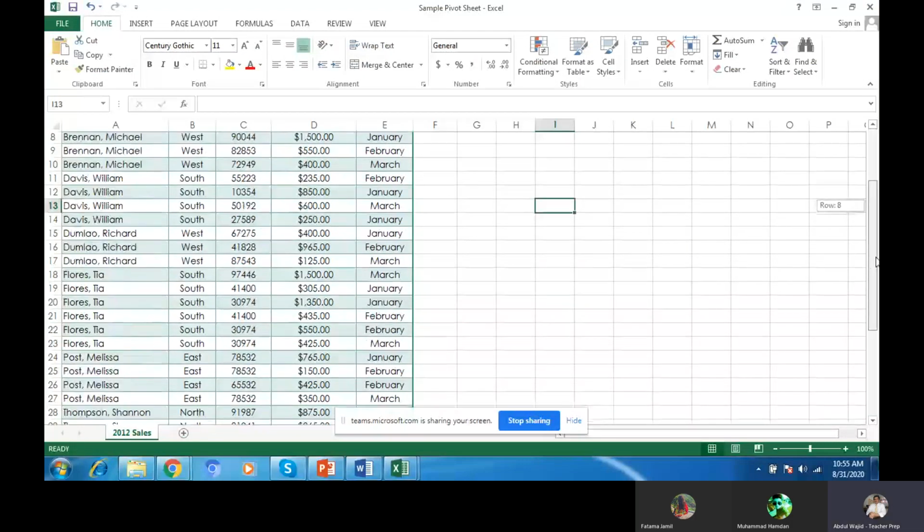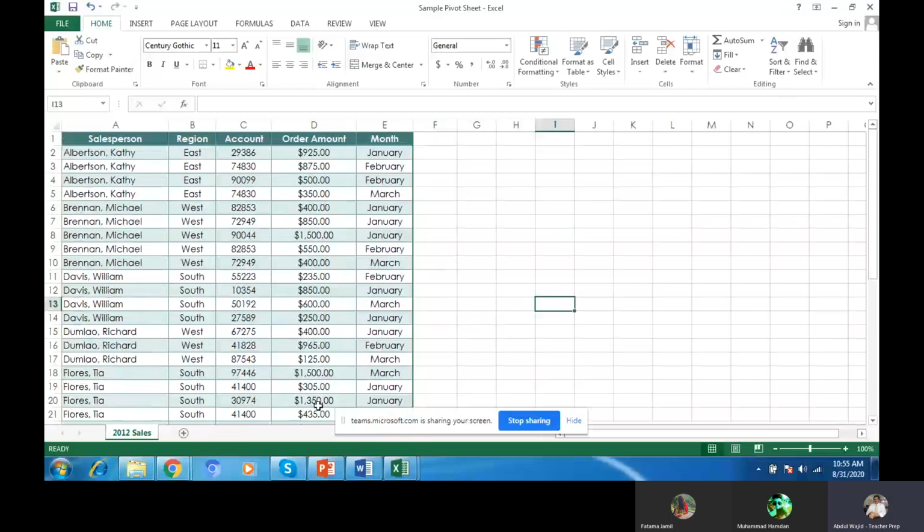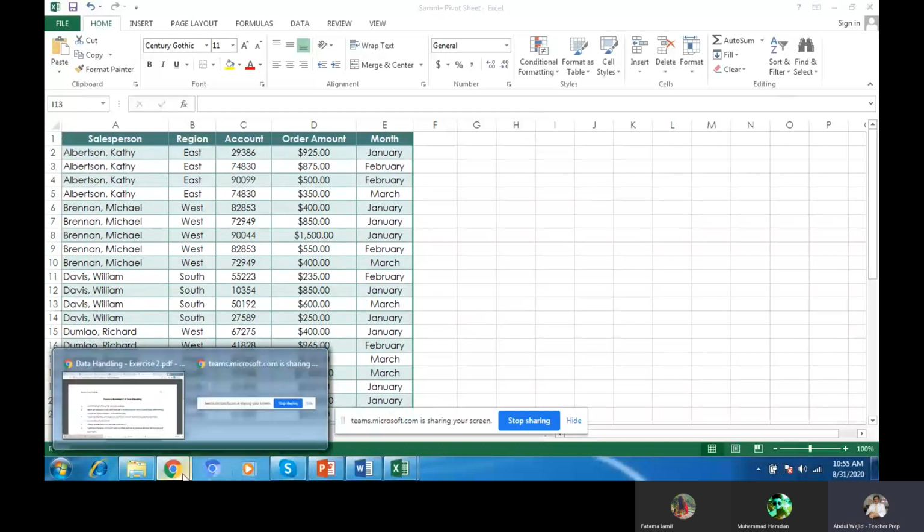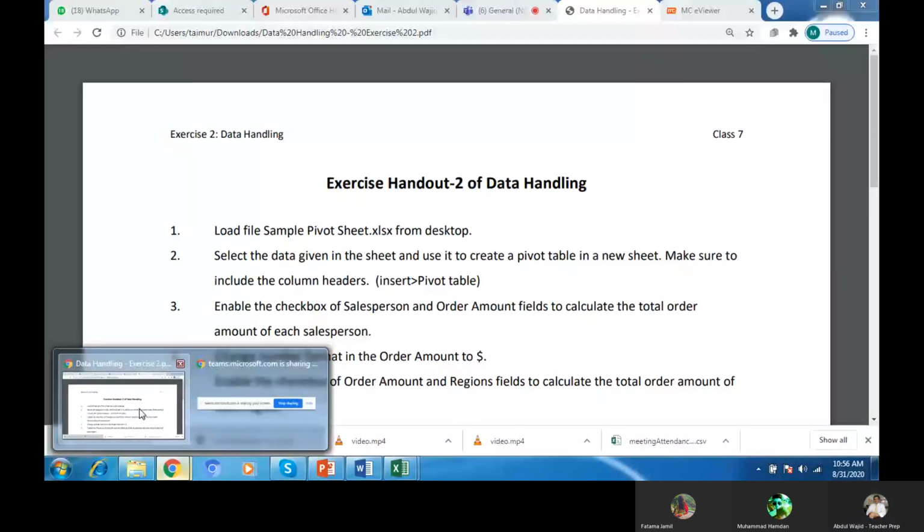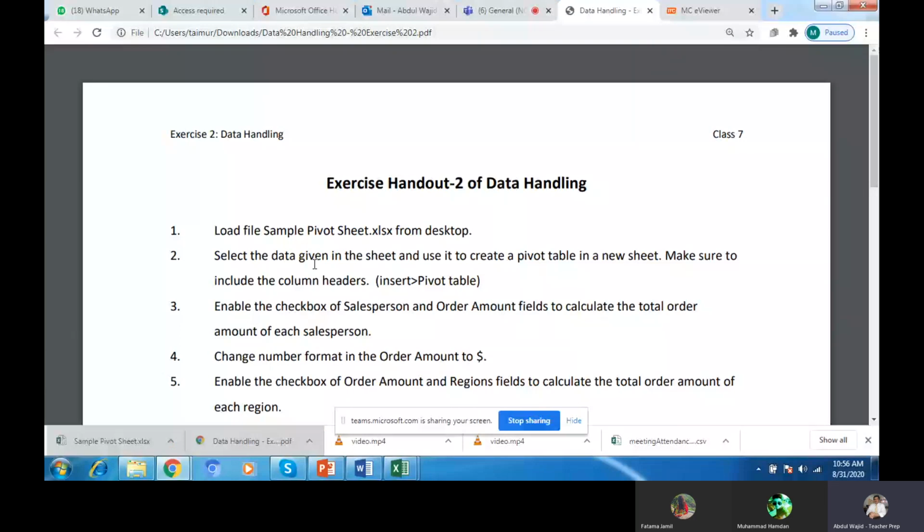Records inside it: 39 records. Okay, this is the 2012 sales. We will go again. Now you will see, select the data given in the sheet and use it to create a pivot table in the next sheet. Make sure to include the column header. Yes, we will go there. Now first we will close this one.